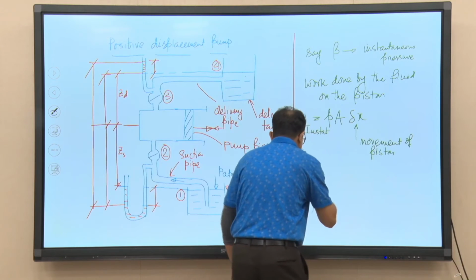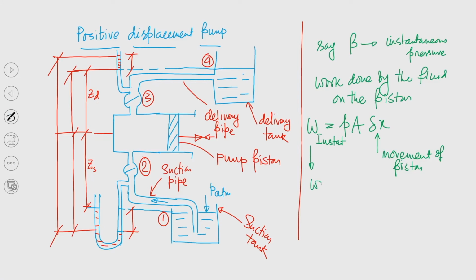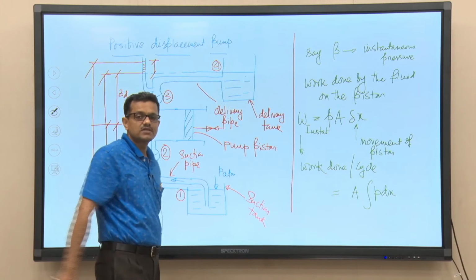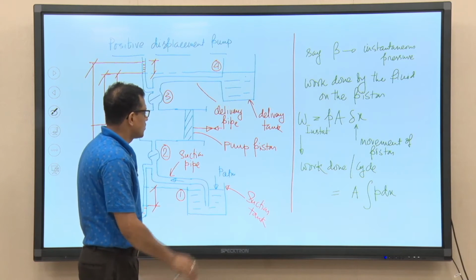So, basically if we like to calculate cyclic work done, so work done per cycle, that is, since area of the piston is constant, into dx, right. So, that is very important, that is work done per cycle. So, A into P into dx, right. So, why we are trying to frame this equation, because whenever we will be solving numerical problems, then these expressions will be required. Okay. So, now this is work done per cycle.